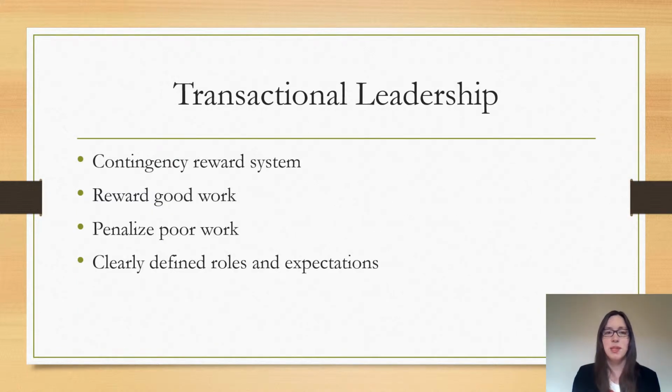Transactional leadership can be described as a contingency reward system. An employee's productivity is exchanged for clear rewards. An example of this is if a leader provides monetary compensation for higher levels of